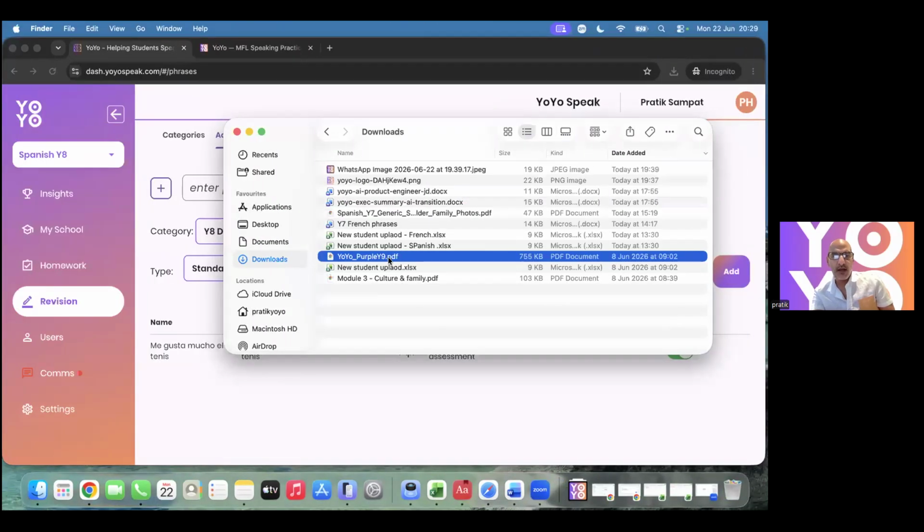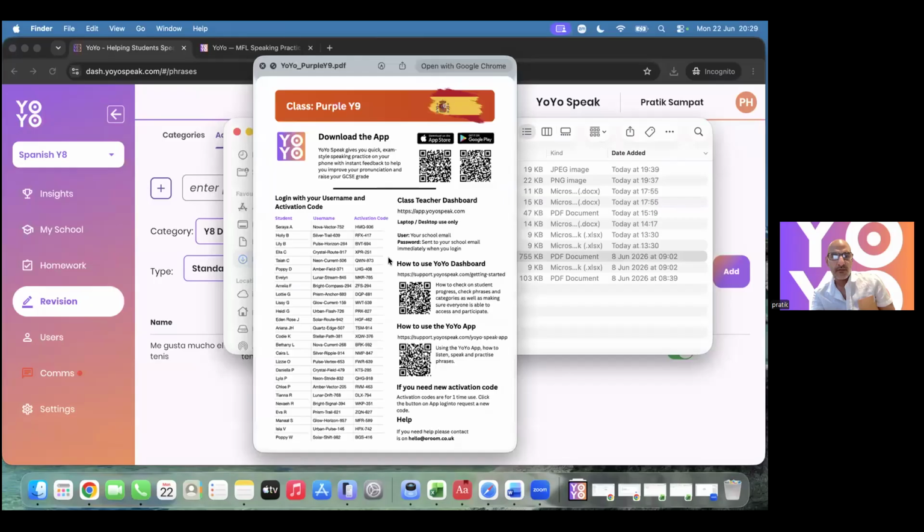There's no school emails, there's no personal emails. This is an example sheet of what we create for our classes. So we normally get sent registers on Excel, and then we'll create one of these pages where we create the student name, which is the first name initial, the username, which is anonymized, unique to them, and then the one-off activation code that they then just use to log in once and they stay logged in. So no emails, no passwords.